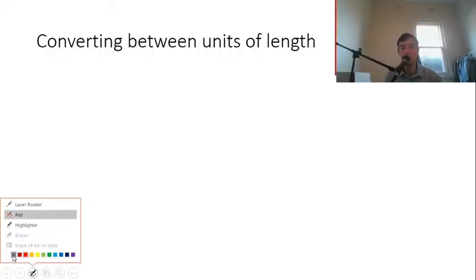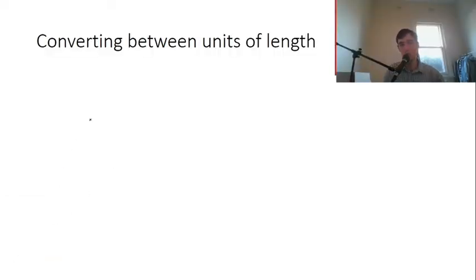We're doing a pretty quick video today about converting between units of length. And by units of length, we're going to be talking about millimeters, centimeters, meters, and kilometers. Okay, so when we're thinking about millimeters and centimeters, you should be thinking how many millimeters are